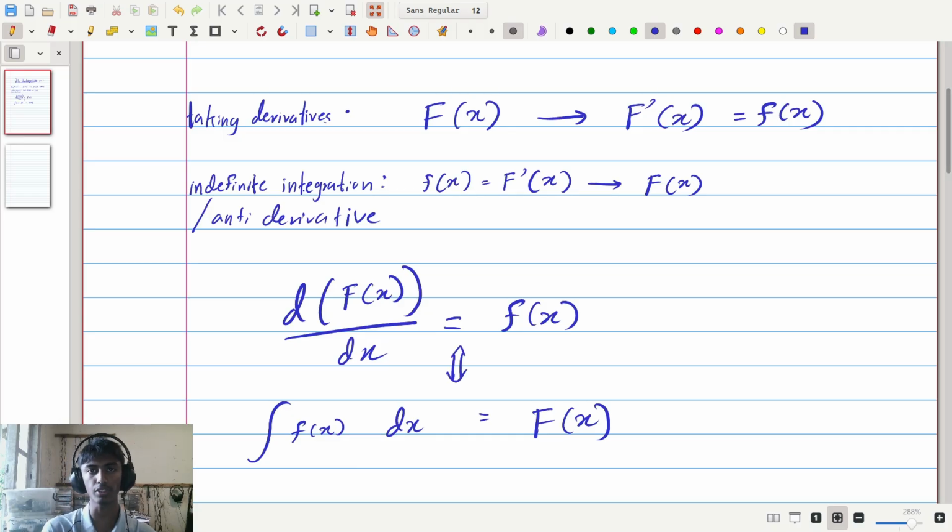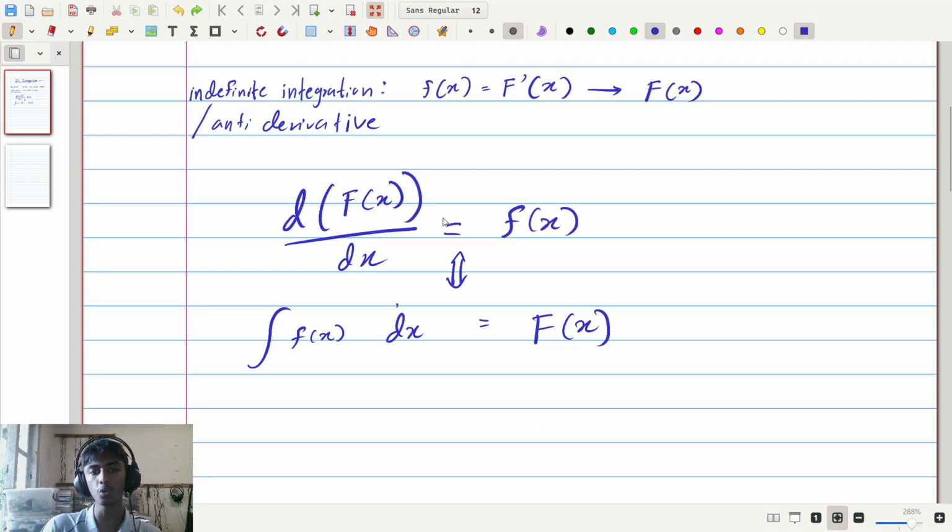They reflect themselves. Given that this is the case, the derivative of the capital F of x with respect to x is equal to simple f of x, then with this notation, the integral sign of simple f of x with respect to x is the capital F of x. Now then, this is not exactly true because there are other little subtleties that are happening here, and we will now discuss those subtleties. So basically, what I am suggesting here before we get to the subtleties is the fact